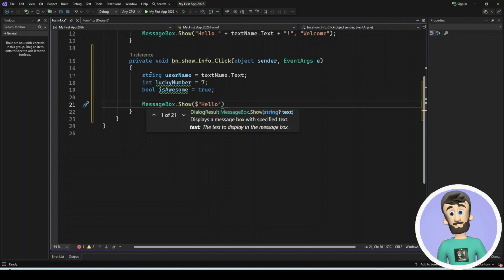Your lucky number is {luckyNumber}. Awesome? {isAwesome}");